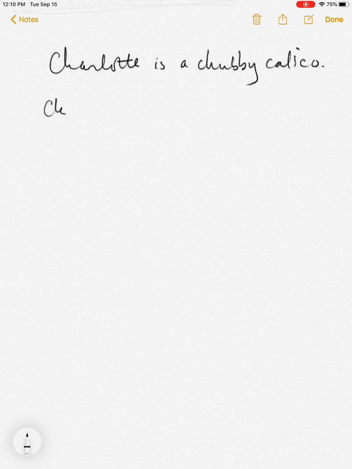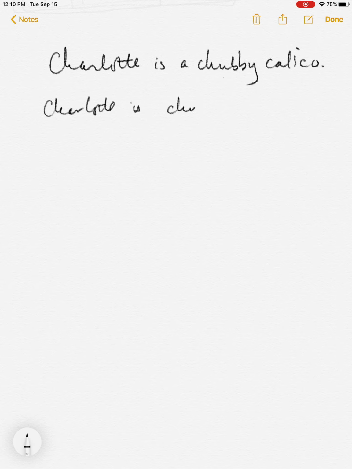So here's one example. Charlotte is a chubby calico cat, that is. Charlotte is a chubby calico. Okay, so that's a sentence that does not have the word and in it, but I think it's properly translated as a truth functional conjunction. And so this is going to require a little bit of paraphrasing before we get to the full translation of the sentence into SL. So I think what it's saying is that Charlotte